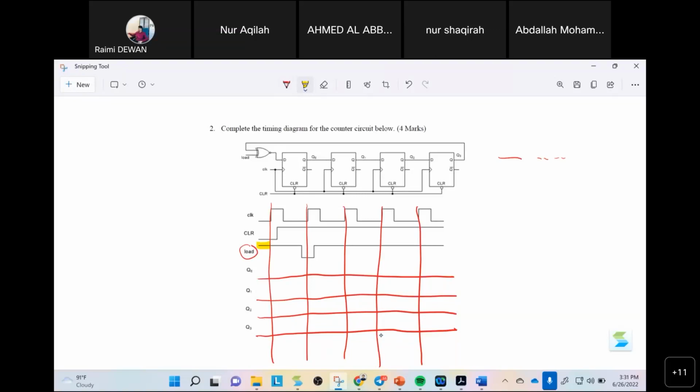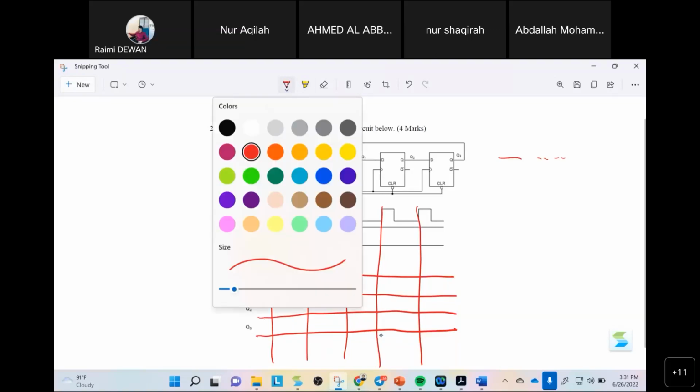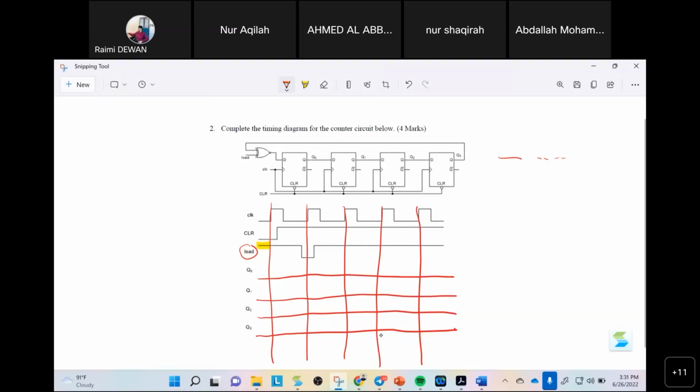For example, in the circuit, let's say all of them start at 0, because they didn't mention or give any hint otherwise. So it starts from 0. I'm using a different color. So you have 0, then you have your 1 at each rising edge. So if you see the first clock,